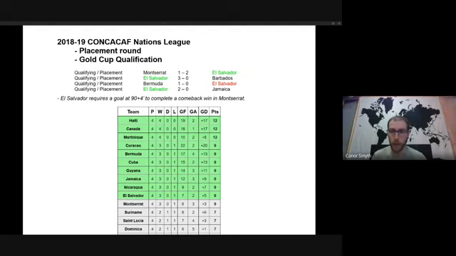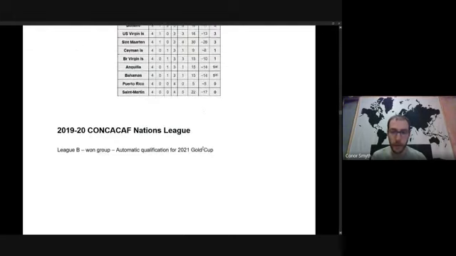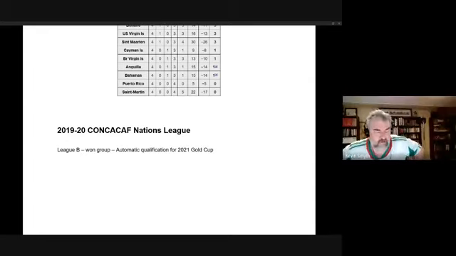So in the 2019-2020 version of the Nations League, they were placed in League B, and there they won the group over Montserrat, Dominican Republic, and St. Lucia, winning all of their games except for a loss in Dominican Republic. So based on that, they earned promotion to League A for the next season, which will take place in 2022-23. All right, great. And just to clear up some possible confusion, League A is made up of groups of 3 teams, and League B is made up of groups of 4 teams, and then League C is a bit of both.